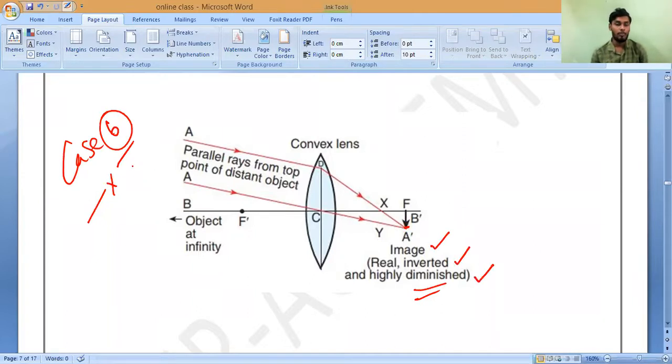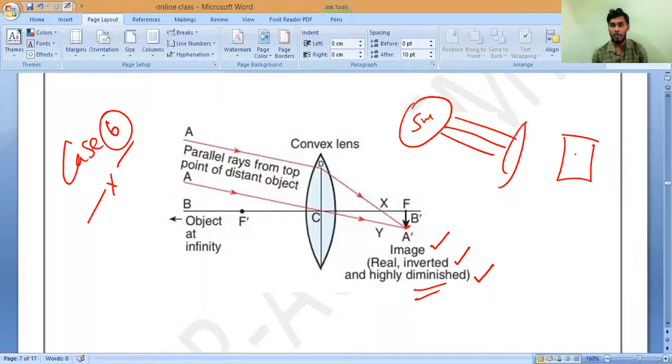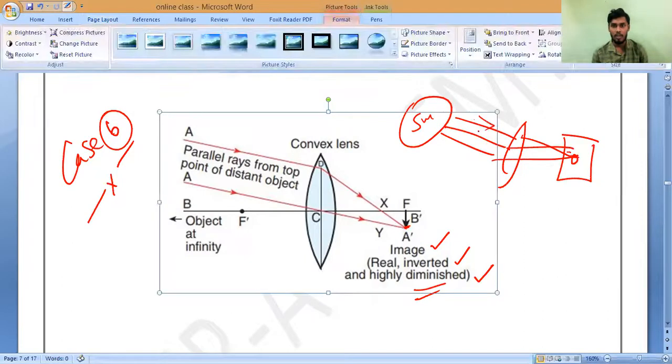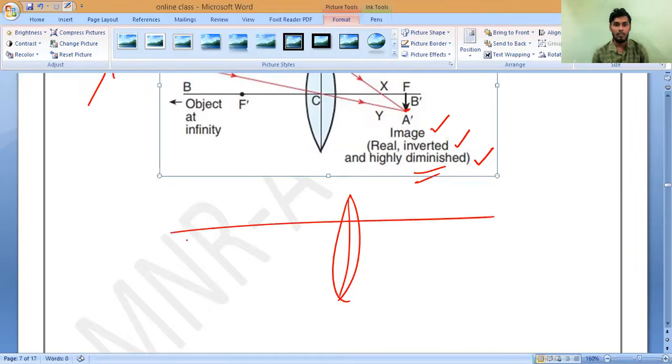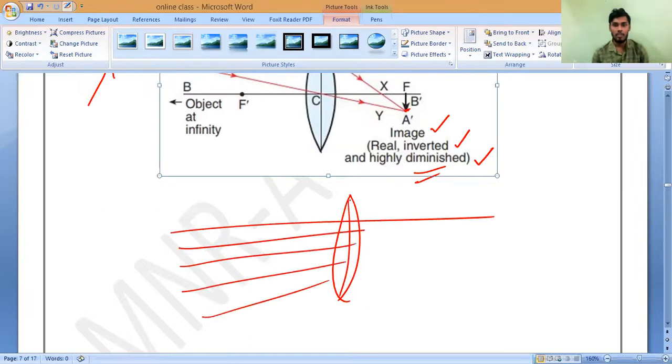The object is placed at infinity distance, like the sun, so the image forms at the focus. Like the sun, how have we done it? A parallel beam of light is coming from the sun. We placed the lens so that we formed the image on the paper. Is it yes or no? The same way, you can take that also. That is also correct. If you are feeling difficulty with this, you can draw simply like your textbook. Take a parallel beam of light. All the light rays will converge at a particular point. That itself we can represent as F, at infinity. You can imagine it from infinity.